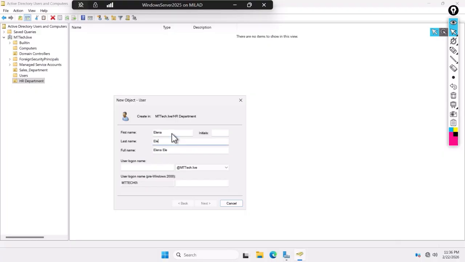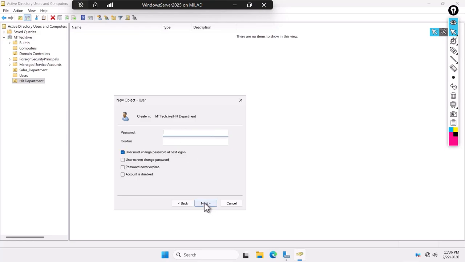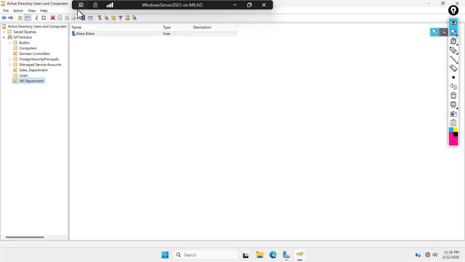and the last name is as well Elena, and the login name is Elena at mttech.com.live. Then next, and here user cannot change password, and the password doesn't expire. So here is the password for this employee. Next, finish. So here is an employee under the HR department. So this was how to add a user,